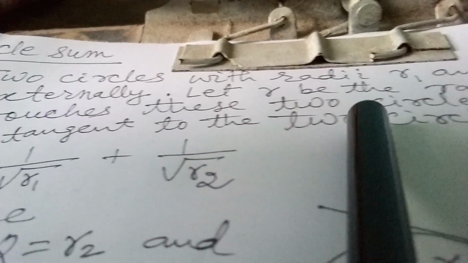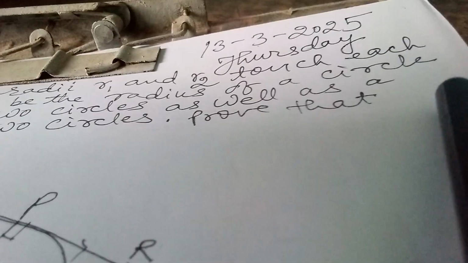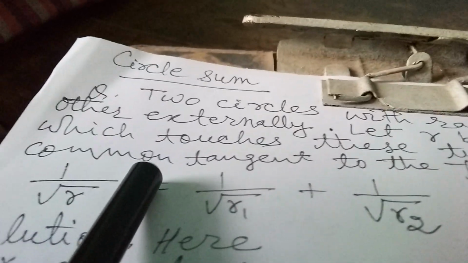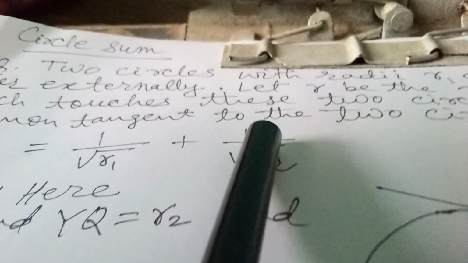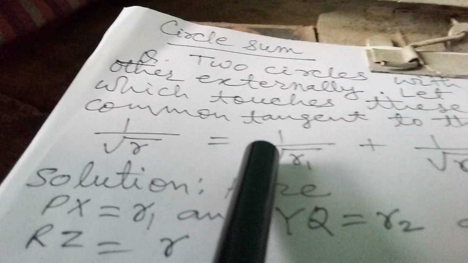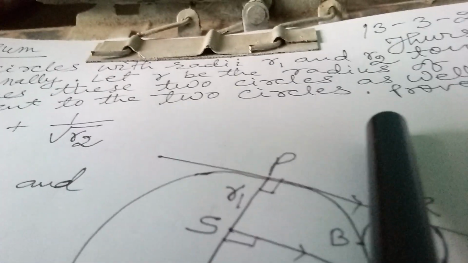Let r be the radius of a circle which touches these two circles as well as a common tangent to the two circles. Prove that